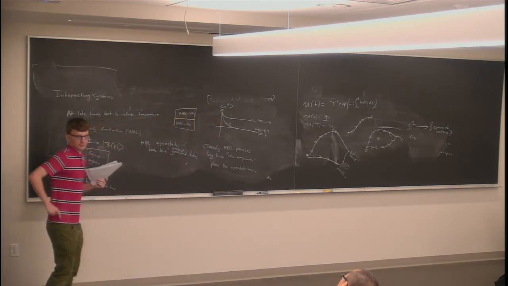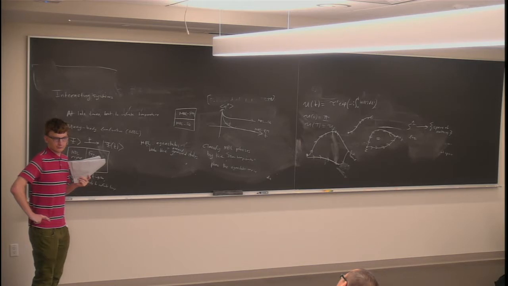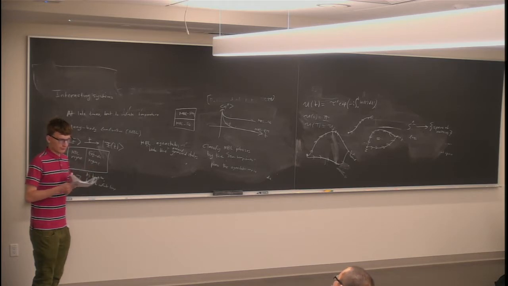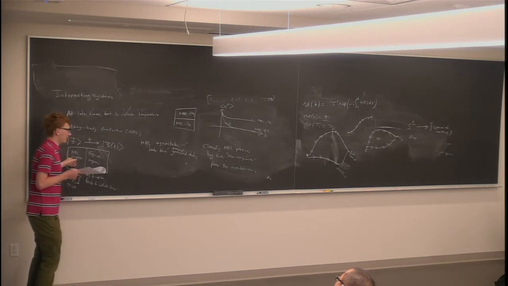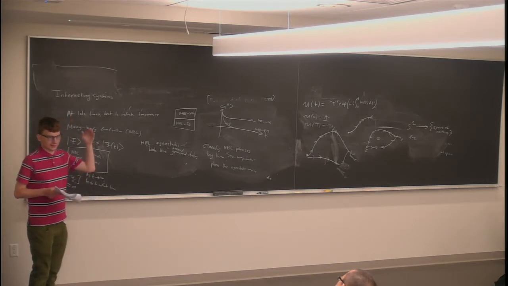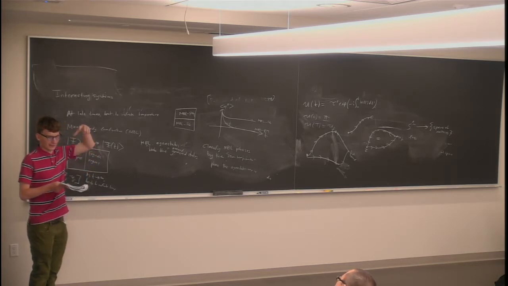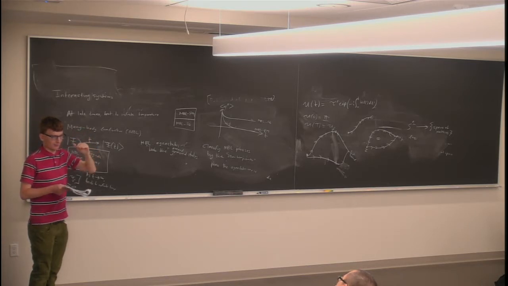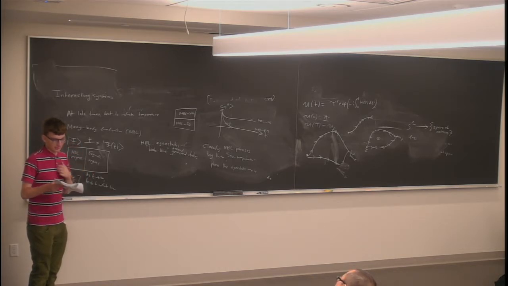In principle, in an MBL system, there can be the case where some of the eigenstates look like one zero temperature phase, and some other eigenstates look like some other zero temperature phase. Maybe, but I think so. Here by MBL, I could mean fully MBL, which means that all the eigenstates are localized. I think that if there's an eigenstate transition as a function of energy, then probably at every transition point the states delocalize at that energy. So then it wouldn't be a fully localized system. That's my guess. I can't prove that that's the case. But I think in a fully localized system, the eigenstates should all be in the same phase.